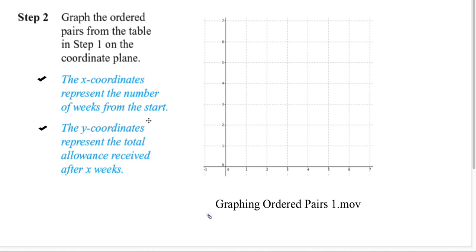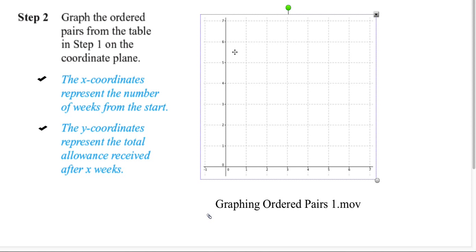So if we graph this, we have the ordered pair 2, 0. So let's graph that. Ordered pair 2, 0. First, let me lock this so it won't